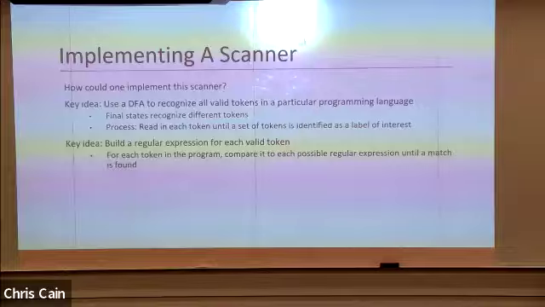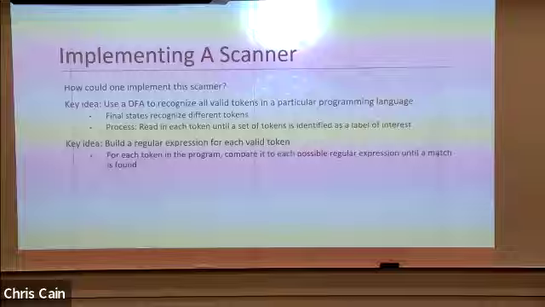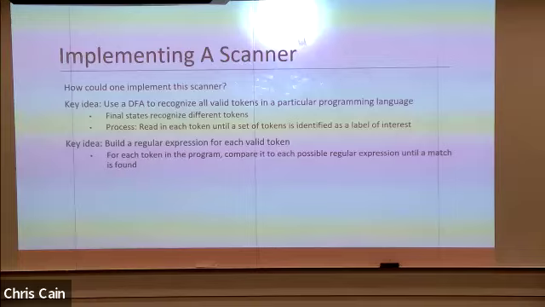So we want to ensure that each of these tokens map to what type they are. So we have different regular expressions for the different types, so we can compare them to figure out what type they are by passing them through all of these DFAs or regular expressions. So regular languages map to this concept of a scanner and tokenizer, because we can recognize different aspects of strings that way. It's basically just a string search, trying to map it to a particular type of string.